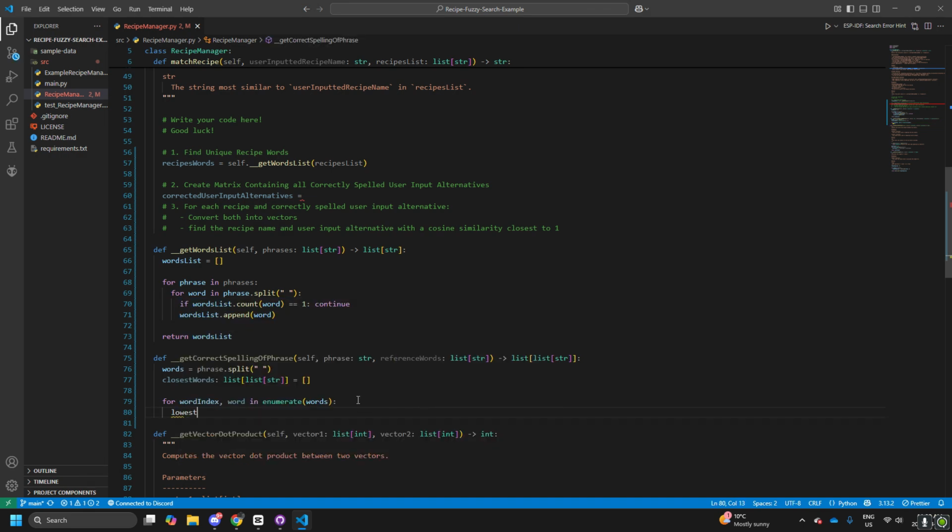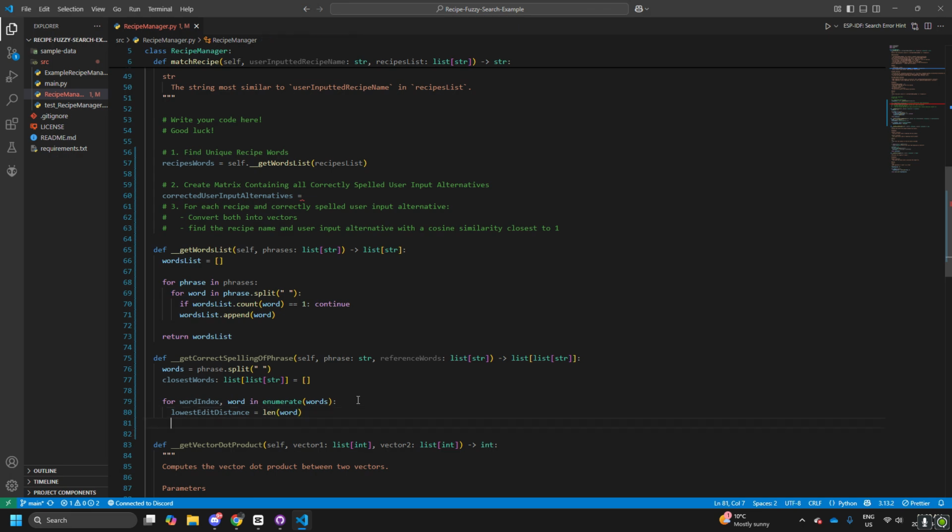So then lowest_edit_distance equals the length of the word. And I just choose to write that variable first because that is the absolute max length, because if you change every single character, that's technically the highest edit distance. And then closest_words.append